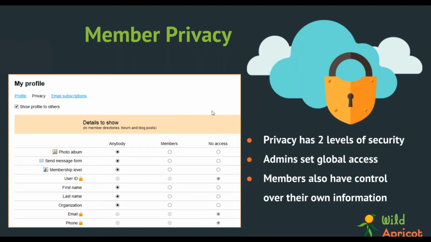And members will have the ability to adjust their own privacy. Admins can set a default level for the rest of the site. And with those combined, you really enable a lot of control over privacy settings on your account. People don't necessarily have to show their phone number if they don't want to, for example. Somebody who is no longer accepting new business can hide their email address from others on the site. There's a lot of use there, and it's important for you, the admins, to know that you can do this, and also to communicate to your members that they can absolutely set their own privacy if needed.